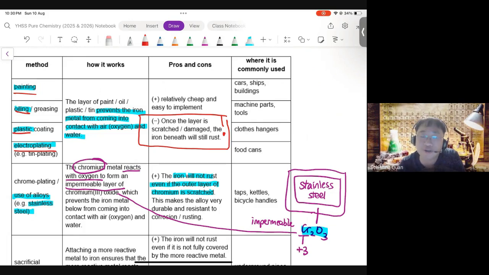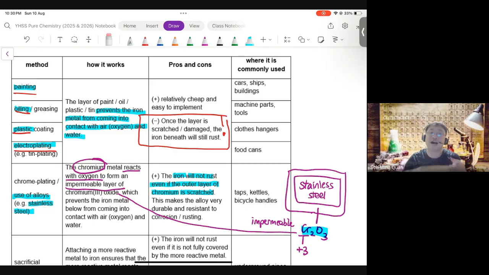So in primary school or in lower sec, if you were bored, you started scratching the table's legs. If the paint is scratched off, your table will start to rust rapidly, actually. I'm not sure if you have noticed, and this is why we always tell you, don't scratch the paint off. Because once the paint is scratched off, the iron will start to rust, because the iron is exposed to air containing oxygen and water.